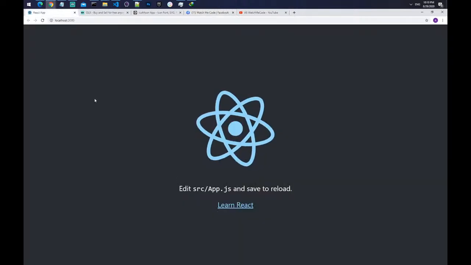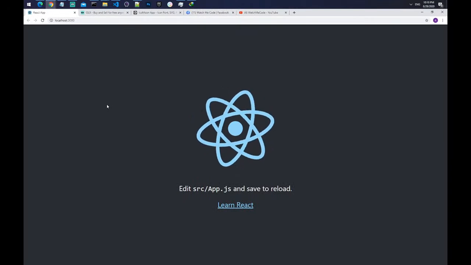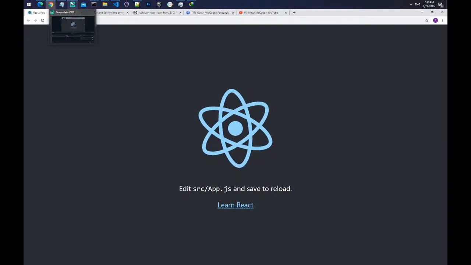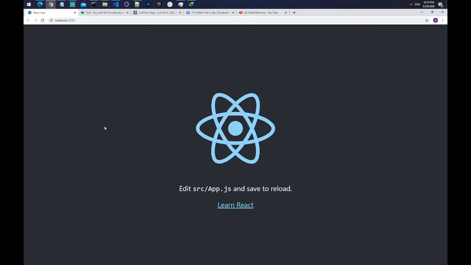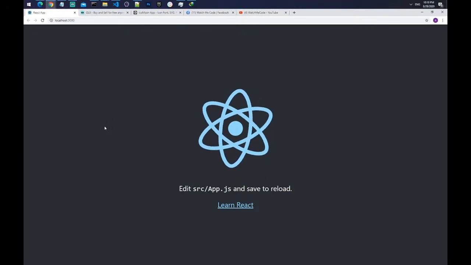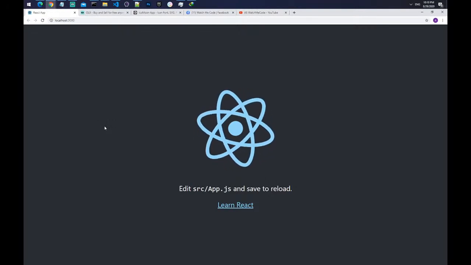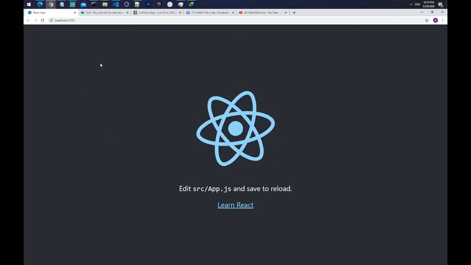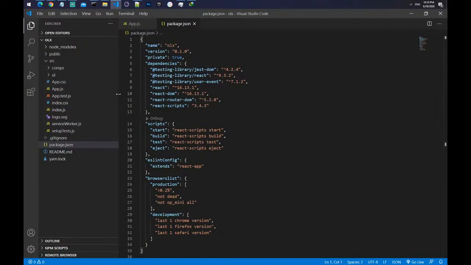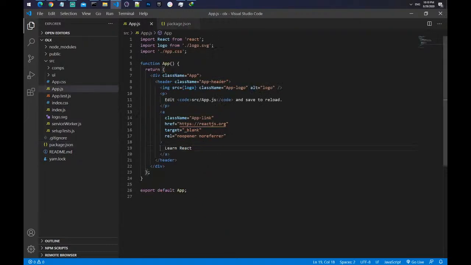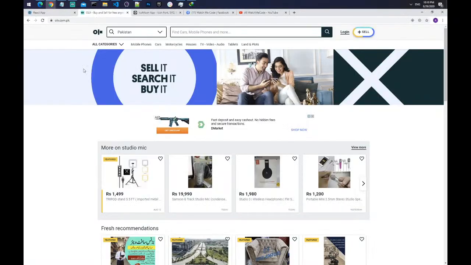I have set up a React app. Let me quickly check if it is working. Okay, great, it is working now. Perfect. So I have installed the React DOM router, and let's get started. First of all, today we will design this nice UI, that is a nice header,